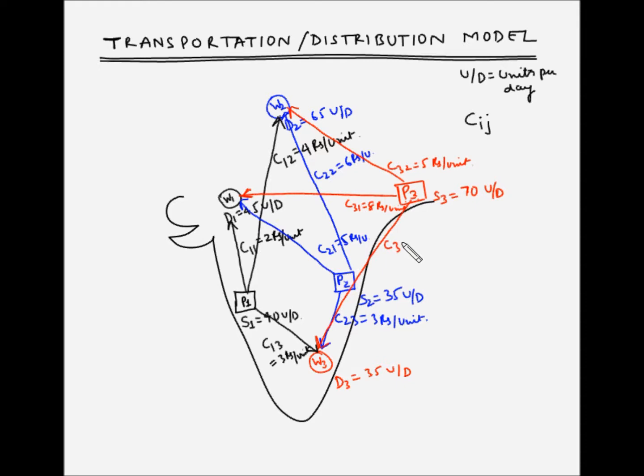So C33 is equal to 15 rupees per unit. So now the question is from which plant should each warehouse